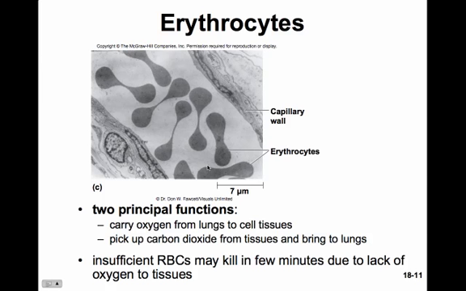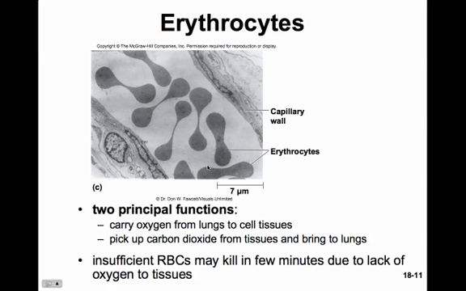So as we begin our section on erythrocytes, we'll see that they have two principal functions. First, they carry oxygen from the lungs to the cell tissues, and then they'll pick up carbon dioxide from these tissues and bring it back to the lungs. Now, an insufficient supply of red blood cells can kill someone in a few minutes due to lack of oxygen